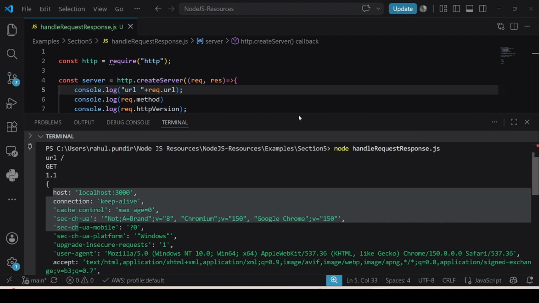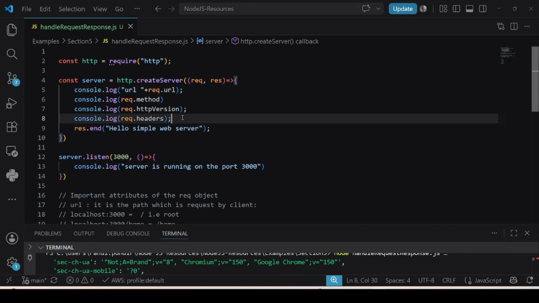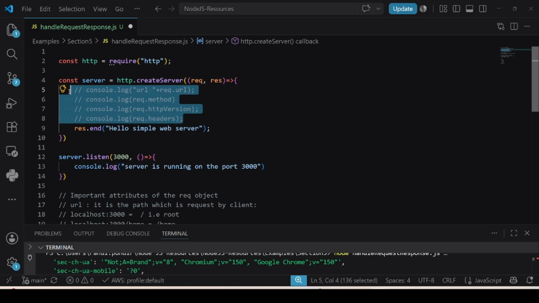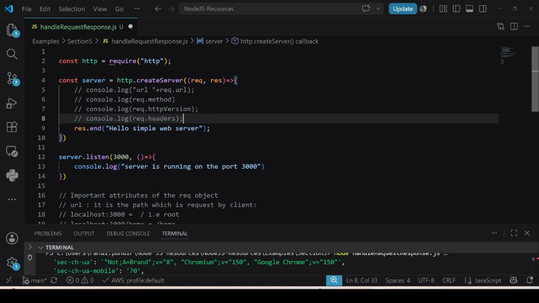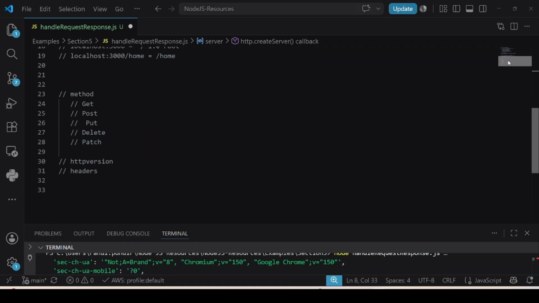Second, let us discuss the important methods of the response. Let me comment this out. If we talk about the response object, this is the